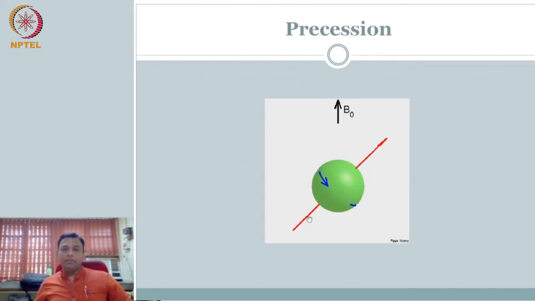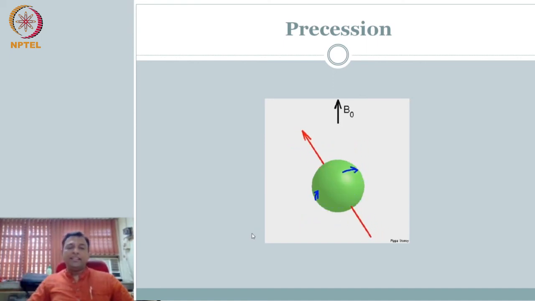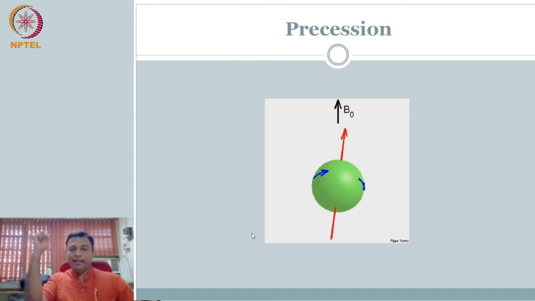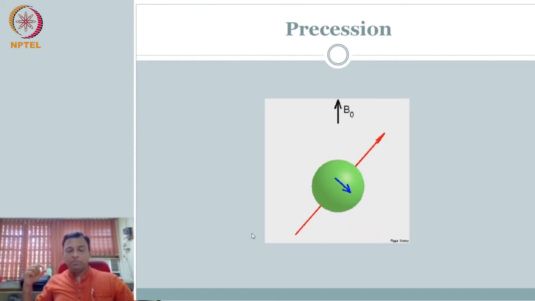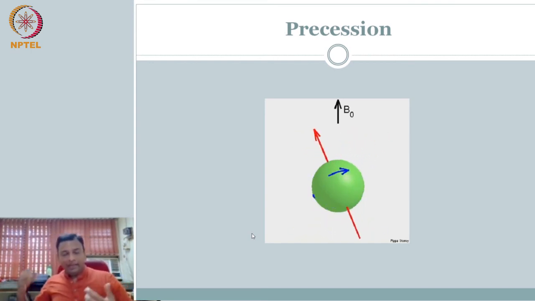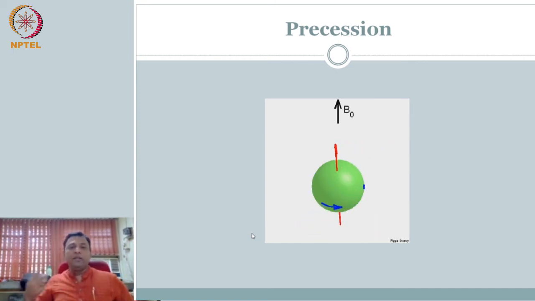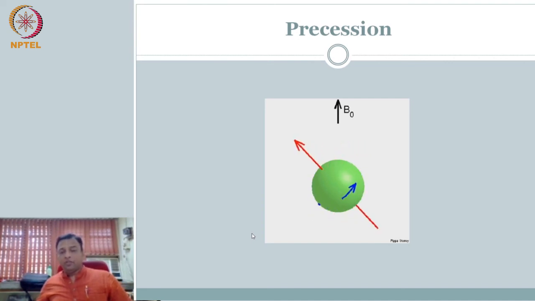So here is an example. I mean, a very nicely done animation compared to the hand that I showed. I try to use this because in a class it will be very helpful. I'll wake several of you from sleep, but some of the concepts can come out very nicely when you participate. I'll try my best to do it, pretend that you're all listening to me. But anyway, there is an animation if you want to take a look at it later. Okay, so this is called precession. You would have heard this before.